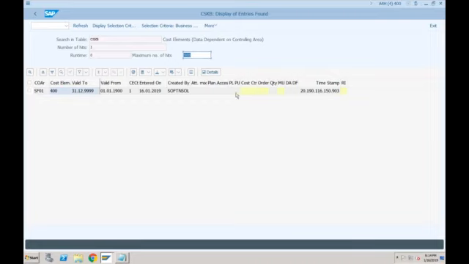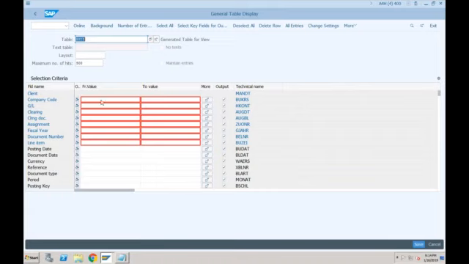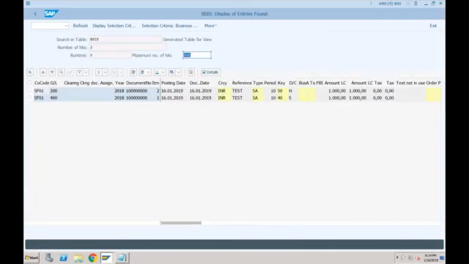Gaurav, I hope the BSIS table is gone, right? Which one? The BSIS and BSAS tables are gone. Those are not the master tables. So BSIS, BSAS, if you try these tables, and let's say I go for company code SF01, you will still be able to see the data. Data is still available, but these tables are actually no more available. They are converted to views.